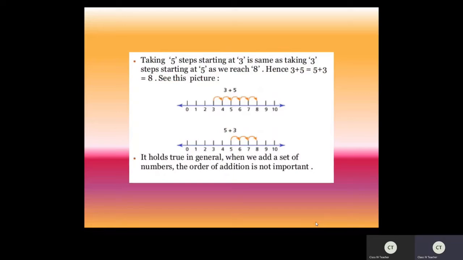Just present it on the number line. So when you reverse it, what does the question become here? 5 plus 3. So now start marking from 5, again go forward 3 steps, 5 to 6 one step, 6 to 7 another step, and 7 to 8 another step. We completed 3 steps, and where did we reach now? 8. So in both the questions, 3 plus 5 is equal to 5 plus 3 is equal to 8. This is called the order property of addition on a number line.